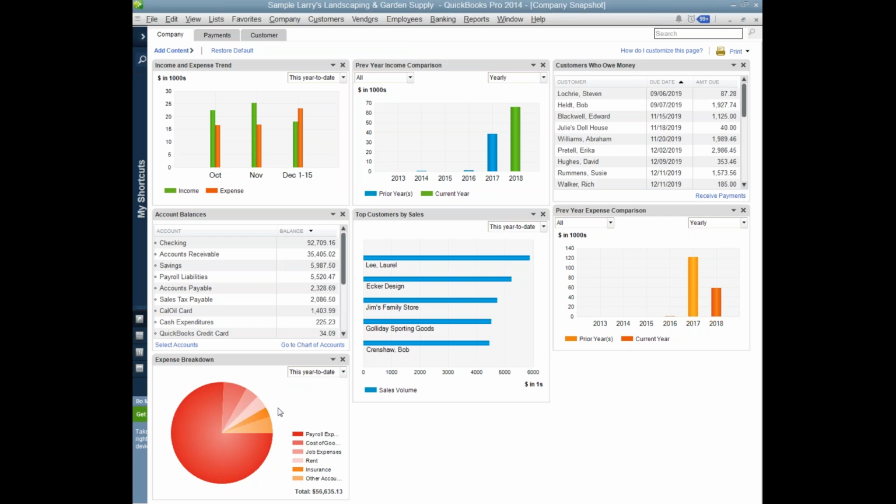I get a really quick snapshot of my account balances, which could be important, especially for a small business. We're operating on some smaller balances, and we're always watching our cash flow based on what's coming in and what's going out. We have automated payments coming out, and we just want to make sure we're able to cover those amounts. Top customers by sale, so we can organize our income information and sales information, and then previous year expense